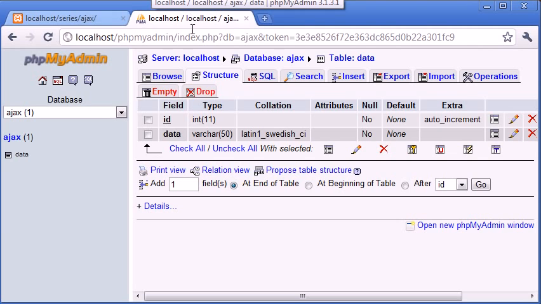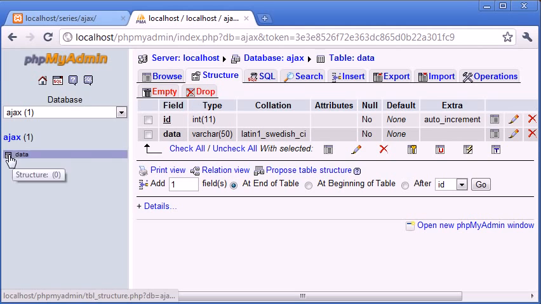So let's first of all have a look at the database structure and what we're actually going to be doing here. So ID, we can ignore this for now. This is a primary key and it's auto increment. So if you're following along this tutorial and you want to create this table, we've got the database called Ajax, the table called data, and inside of this we've got the ID and data field. So ID, like I just said, is an integer data type, it's the primary key, and we've got an auto increment. So for every insert we make,